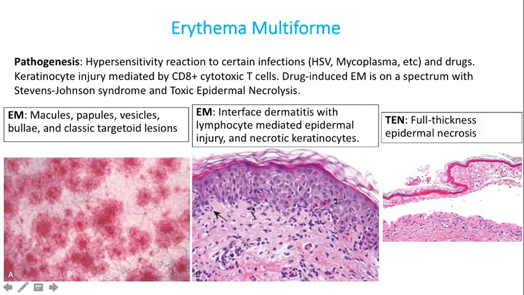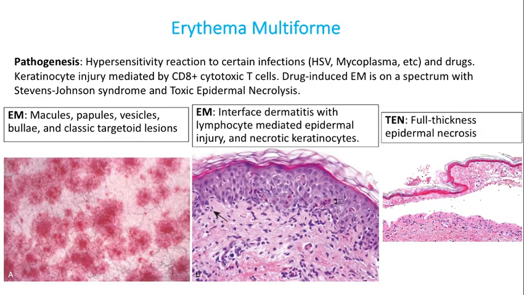So erythema multiforme is a hypersensitivity type of reaction. It can either be to infectious agents like herpes simplex virus or mycoplasma, or it can be a reaction to medications. It's thought that there's keratinocyte injury mediated by cytotoxic T cells, and the drug-induced form of erythema multiforme is actually on a spectrum with Stevens-Johnson syndrome, in which patients get extensive involvement of the skin and mucous membranes, or